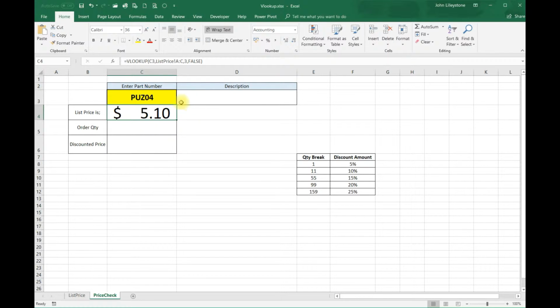The next thing I want to do is I want to pull in the product description here, because when I enter the part number I want to know what the product is. So again, we're going to use another VLOOKUP very similar to the one we've just done. So I'm going to click into the cell next to part number, and I'm going to start another VLOOKUP formula. So as always, equals